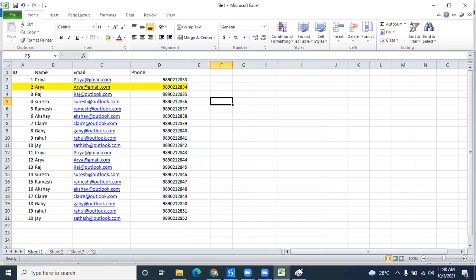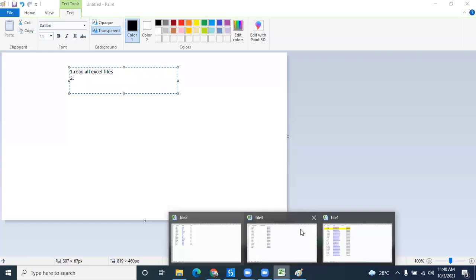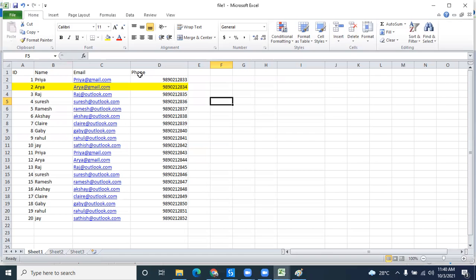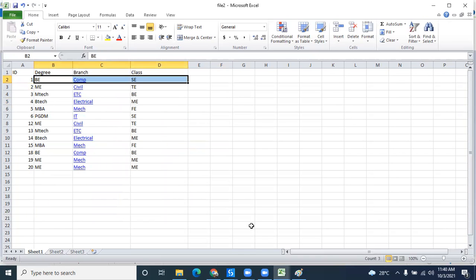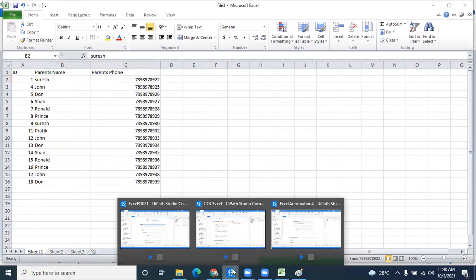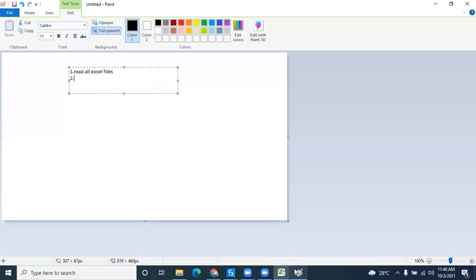So I should add columns. How many columns should I add in this Excel file? I think 5. 5, correct. How 5? These 3 columns plus these 2 columns. So how can we add these 5 columns? By using one activity, that is Add Data Column.